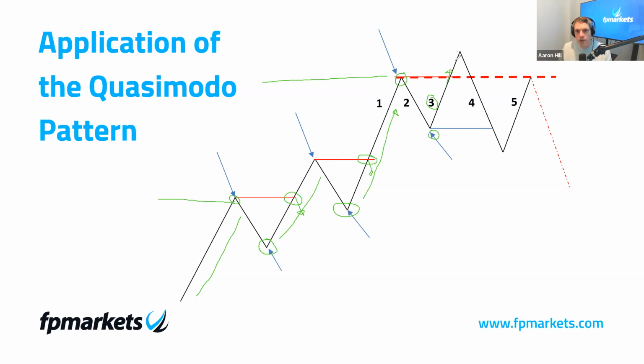Nothing new. At this point, we do not know anything. We do not know if we have a bearish Quasimodo pattern in play. So at leg 3, we do not know anything. It's only when we form this head at this point and leg 4 takes shape and breaks below the previous higher low that was formed by legs 2 and 3. So once we break below that higher low, that is when we know that we have a potential bearish Quasimodo pattern, because what we've had is a fake out. We have trapped.